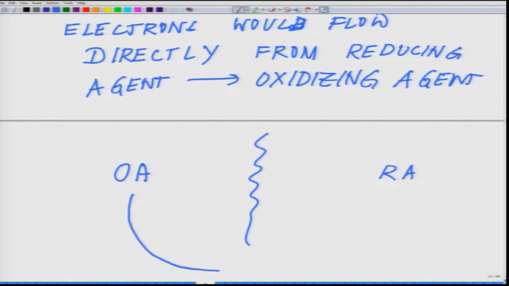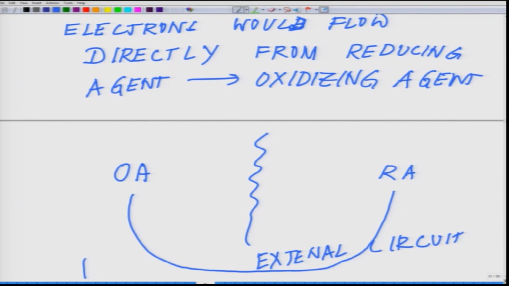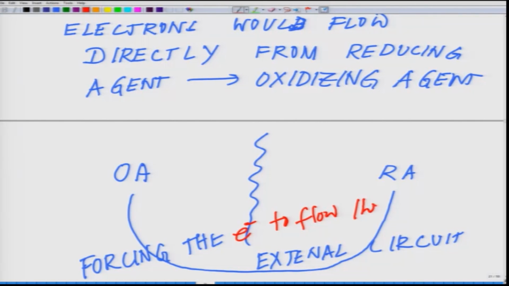So, essentially something like this, there is an external circuit where you are basically forcing the electron to flow through. Okay. So, you are keeping a physical barrier between them and they flow through the external circuit to go from one reactant to the another. Now, there are two terms which I have used and today I wish to highlight, which